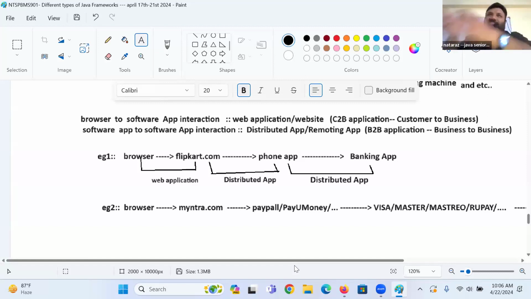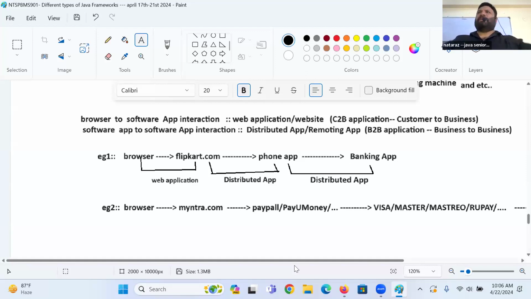Their main focus is on that interaction only. Myntra.com should sell the products, should attract the customer, right? Once in a while, these payment gateway people change their location details. If they are hard coded directly in Myntra.com, that will be tight coupling. That's why these e-commerce people very intelligently, whenever credit card or debit card details come, hand over that information to one payment broker.